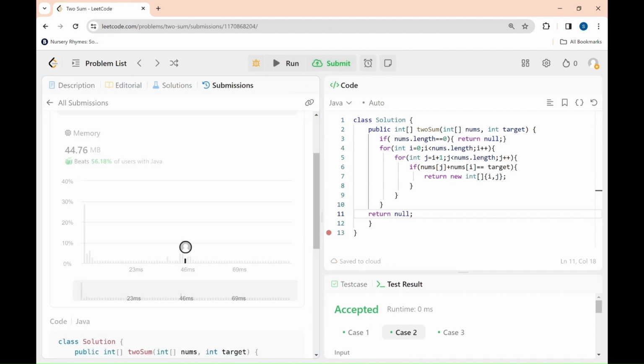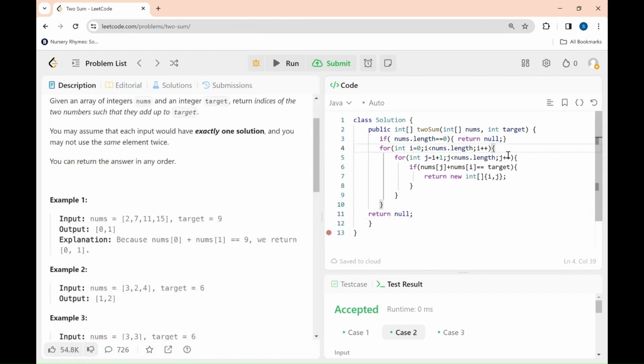Okay, so let us go over one example. Here we will take nums 2, 7, 11, 15 as the input array and target as 9 and go through this algorithm. So the outer loop starts with the first element of the array, which is 2, and the inner loop starts from the next position after i, which is 7,